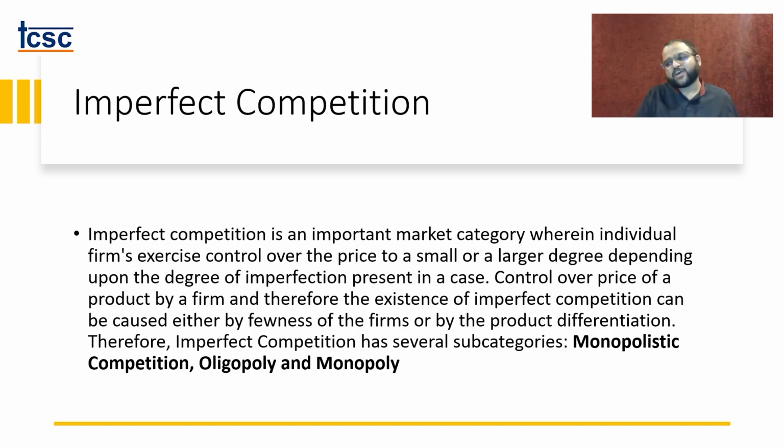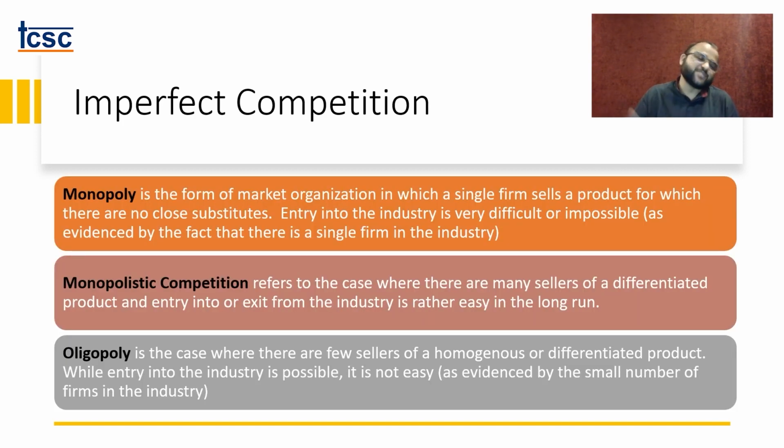Perfect competition allows us to actually value imperfect competition more. And I think that's a good point to start off. Like, as I said earlier, we will be focusing on three major types. First, monopoly. In this form of market, you see a single seller selling the product who has no close substitutes, because the firm itself is the industry. Monopolistic competition, where there is a comparatively fair number of sellers dealing in differentiated goods, which is pretty interesting.